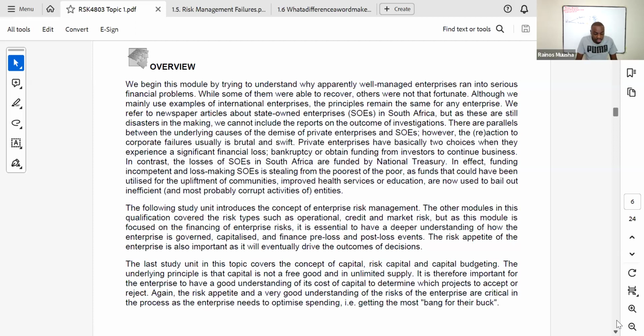Then they also say, again, the risk appetite and a very good understanding of the risks of the enterprise are critical in the process of the enterprise needing to optimize spending, that is, getting the most bang out of their buck. And when it comes to the concept of risk appetite, we're going to look at it in detail in study unit 9, but we are also introduced to the concept of risk appetite in study unit 1.5. Because remember, when we look at study unit 1.5,